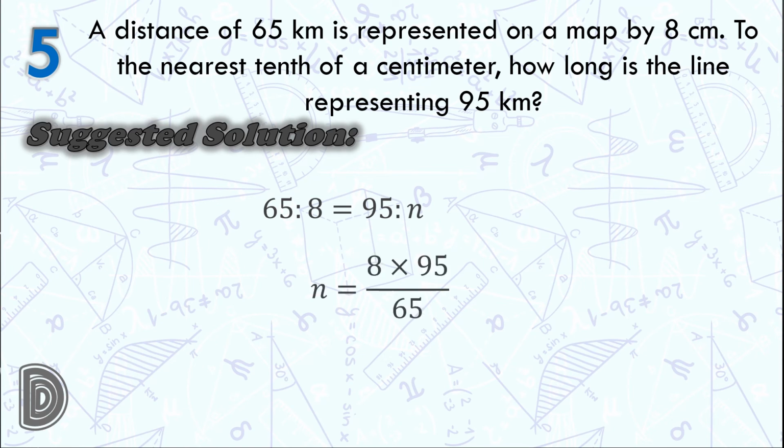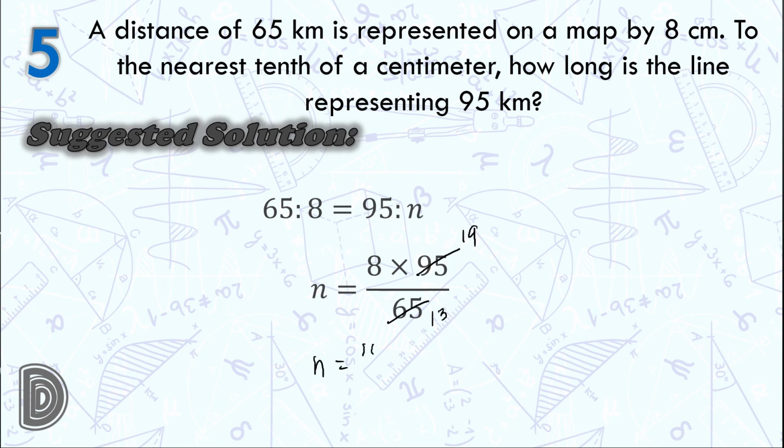From here, using the cross product property of proportion, we have 8 times 95 equals 65 times n. Then n is equal to 8 times 95 over 65. 95 over 65 is equivalent to 19 over 13. So we have 8 times 19,